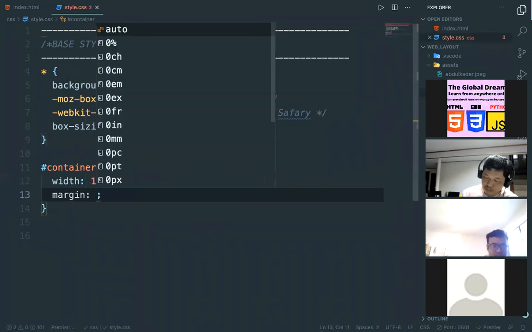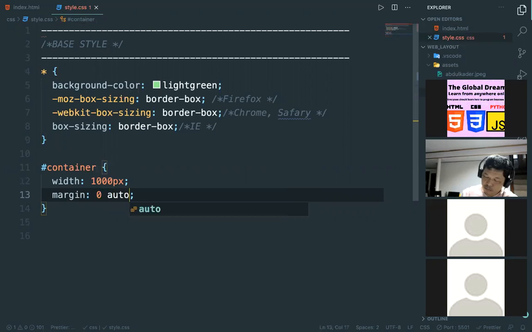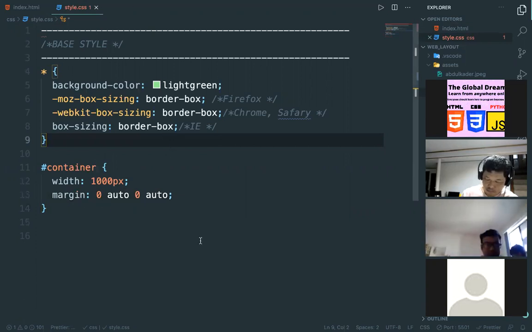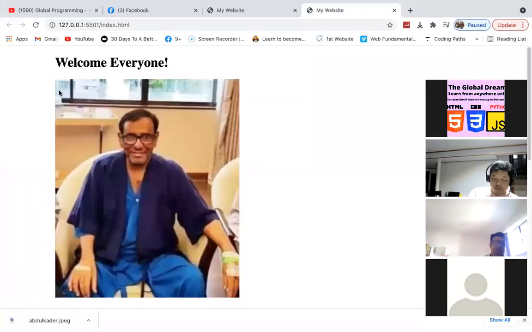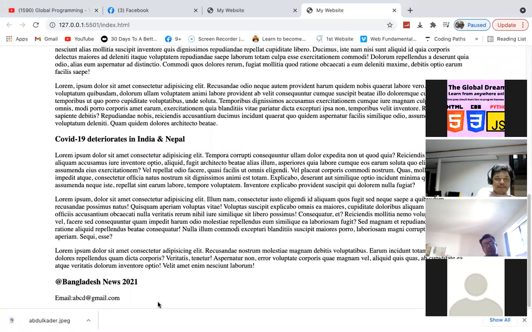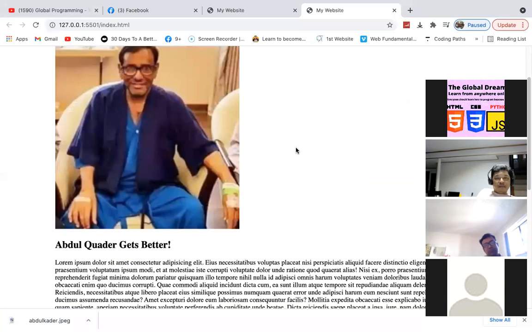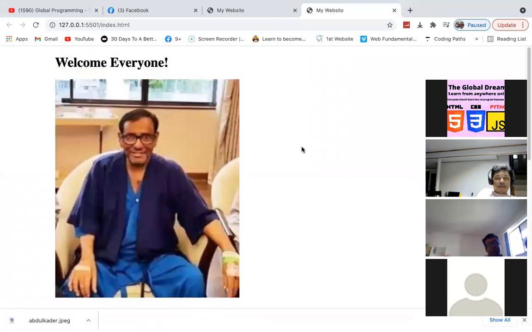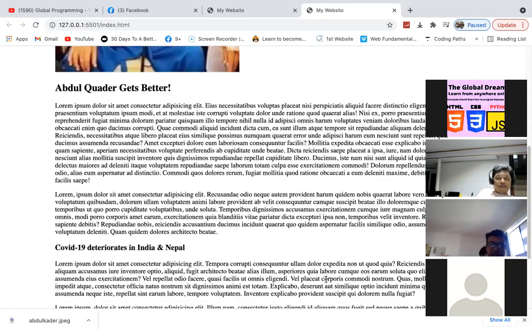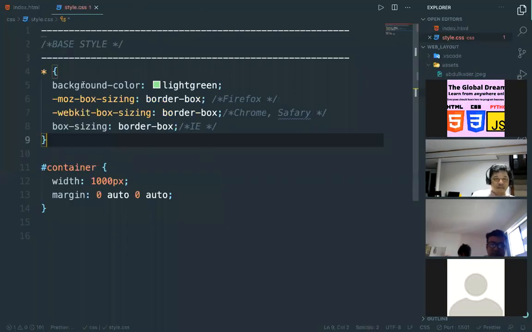Then margin should be 0 auto, 0 auto. So actually you are giving margin 0 to top, 0 to bottom, but auto on left and right. Okay. Understand? Now we can style our header. You can say